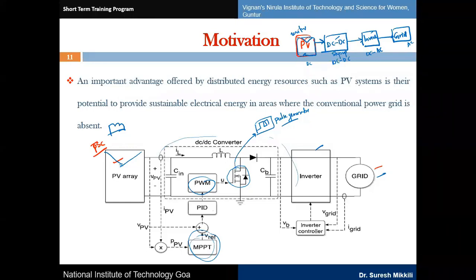If the shading on the PV array is dynamic, my MPPT technique will still track properly